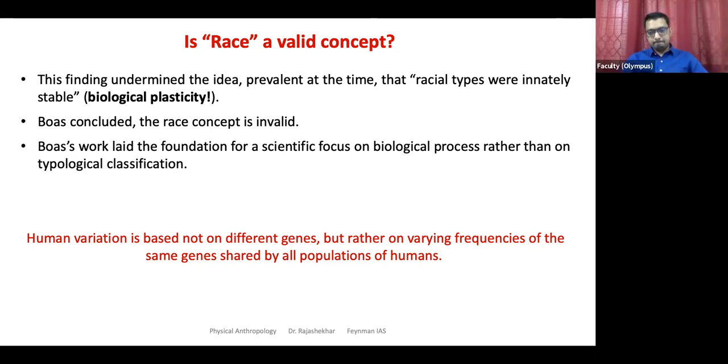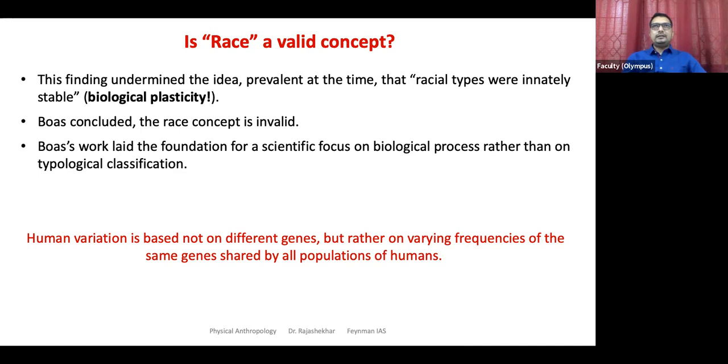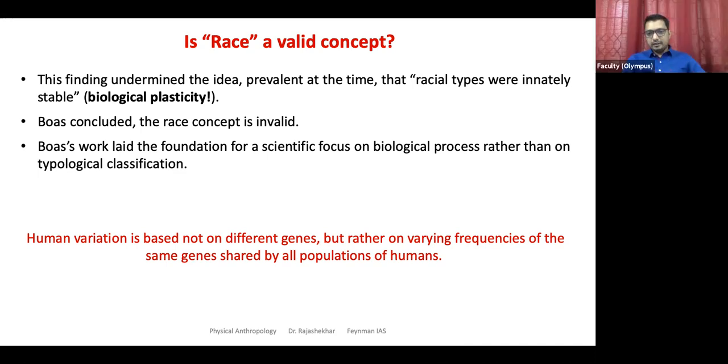Yes, sir, I did understand his point, because since he takes European parents and American children, is he including the effect of environment also? So what he is trying to ask here is that Europeans moved to the Americas and had children, and the next generation came. Are they carrying the same characteristics? Because if there is no environmental connection, it doesn't matter wherever Europeans go, they should retain their characteristics, which is not the case. They're not retaining them. So race is not a fixed character. These characters that we are using for classifying them are not fixed.